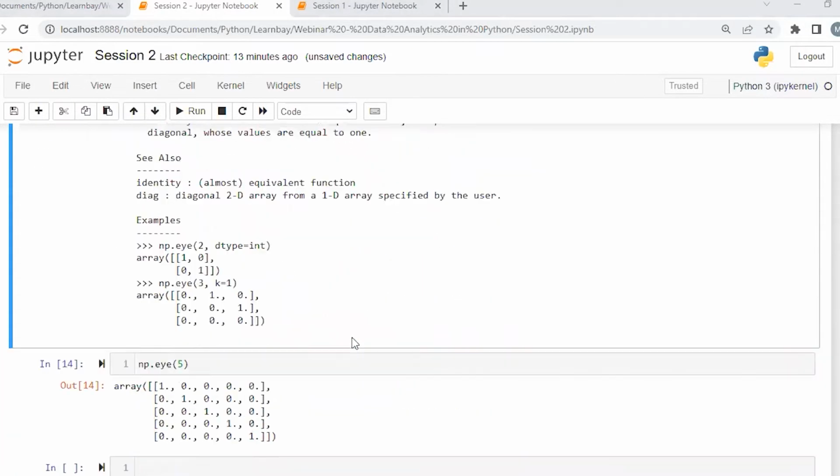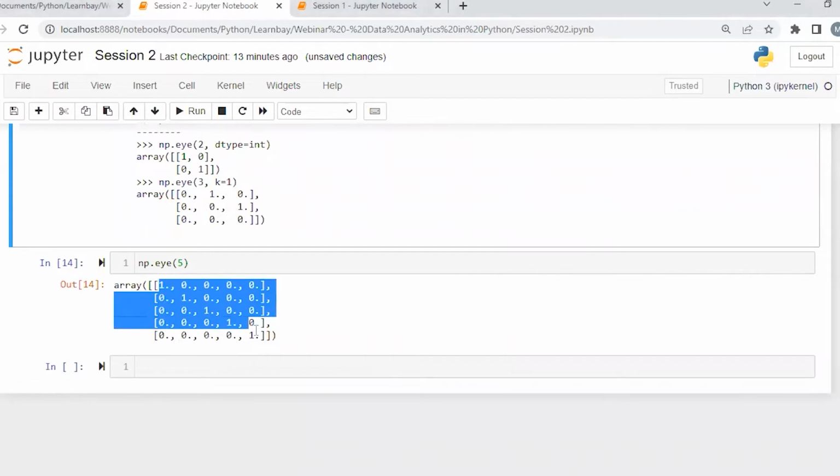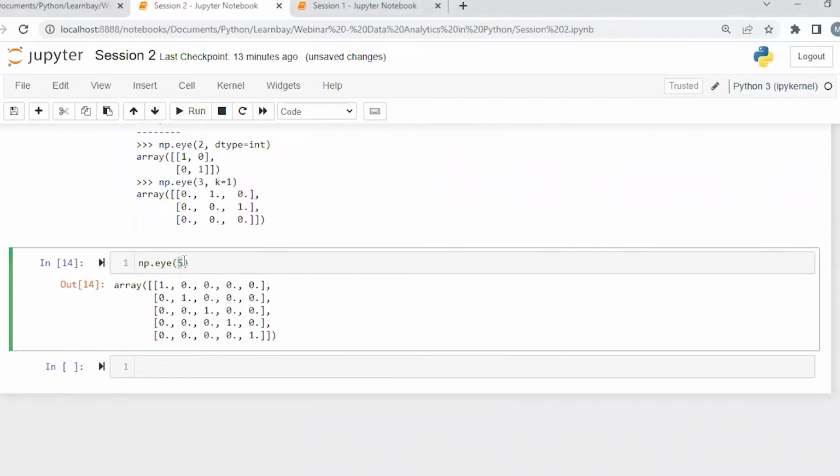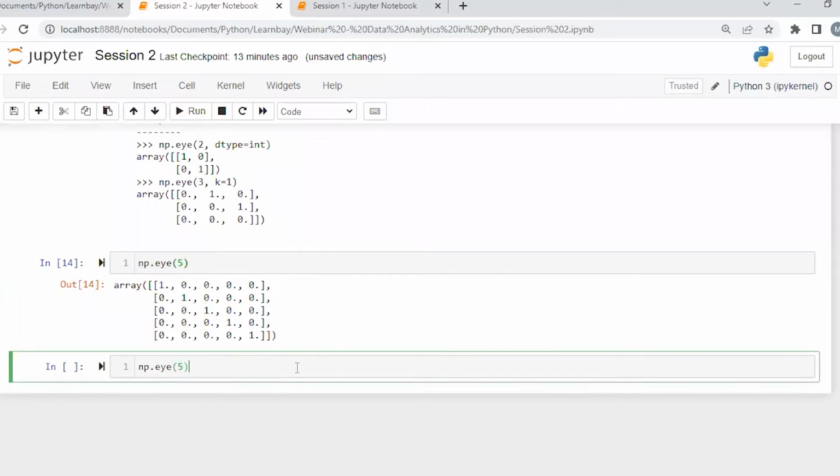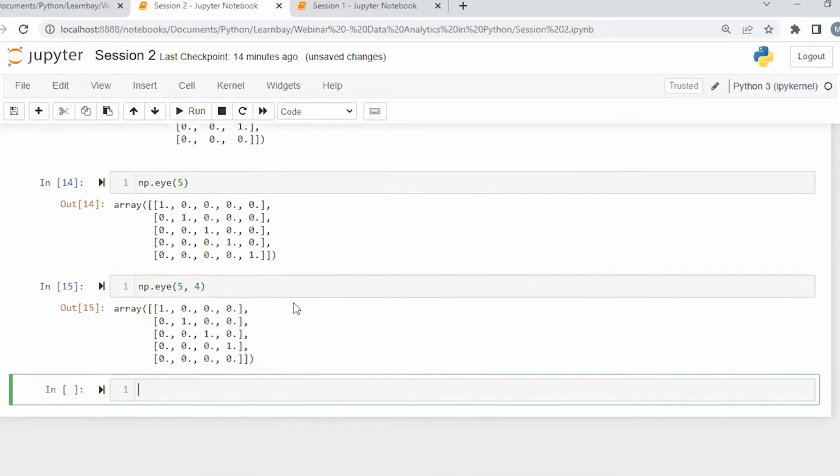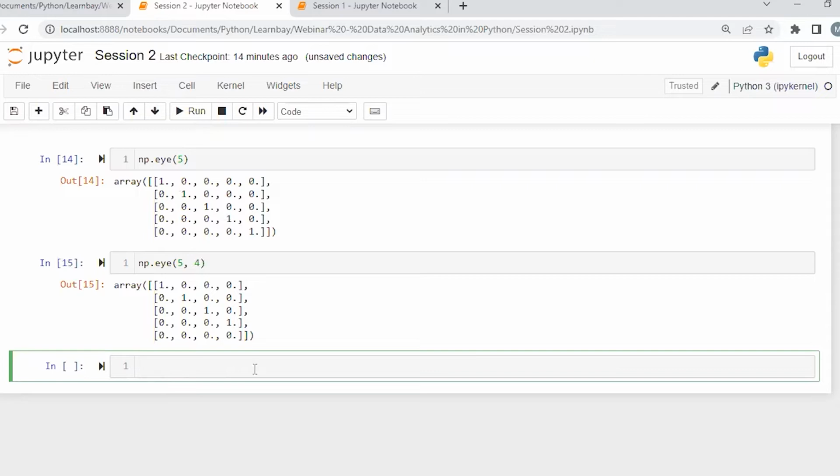So if we give only the value of n, the default value of m also becomes 5, same as n, and it gives you a square matrix, and the main diagonal becomes 1. Now, the first difference we'll see with the identity matrix is you can give the value of m as well, which means the value of n is 5, the number of rows is 5, and the number of columns is 4. So if you do this, see here, what happened is,